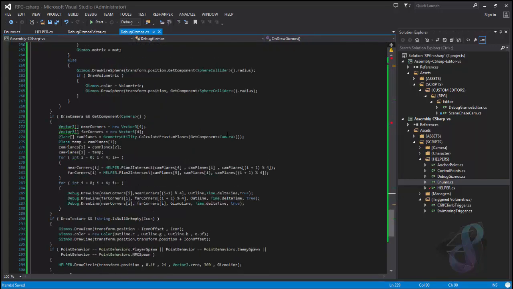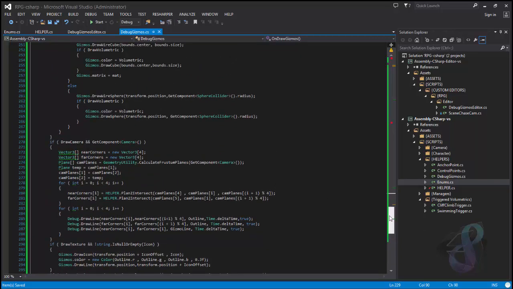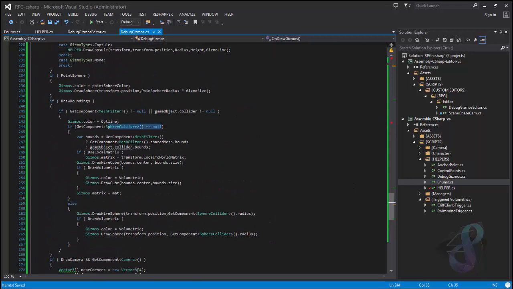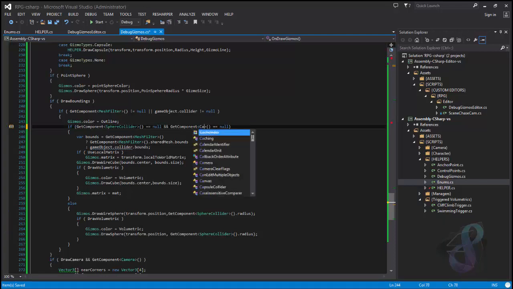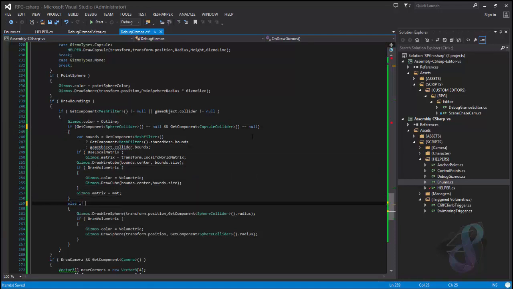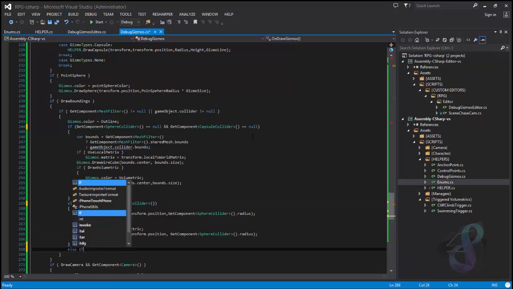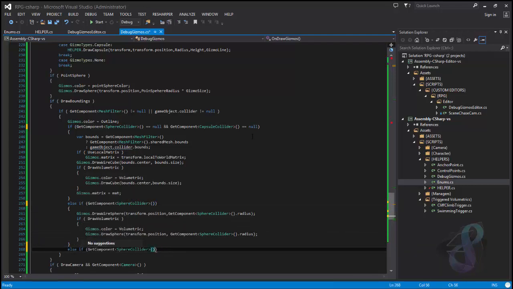When we are drawing the binds, where was it? Okay, you check the same thing. You say and, but instead of sphere collider, you will go for capsule collider. In here we say else if it's the sphere collider, then we say else if it's the capsule collider. Come on, capsule collider, why don't you work? Okay, IntelliSense, please dump on me. Anyway, so when we are doing the capsule collider here,